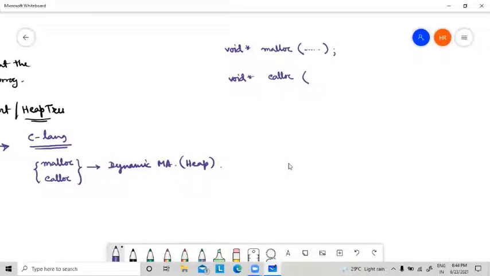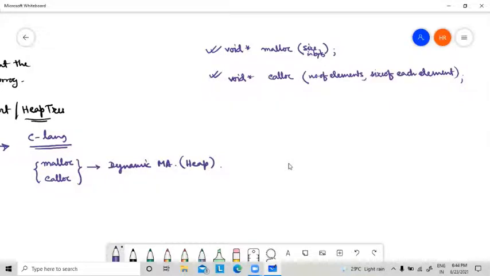The first argument is the number of elements, and the second argument is the size of each element. So this is the basic difference between malloc and calloc. In case of malloc, it is size in bytes. These are the two different dynamic memory allocation functions used in C language, malloc and calloc.